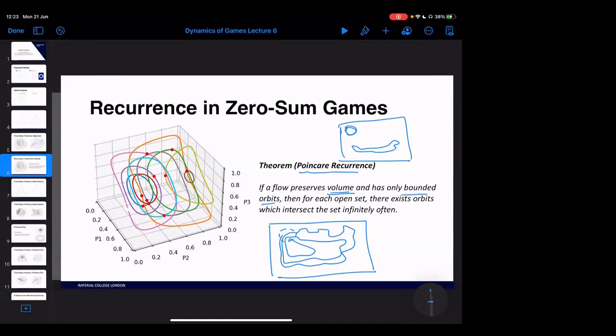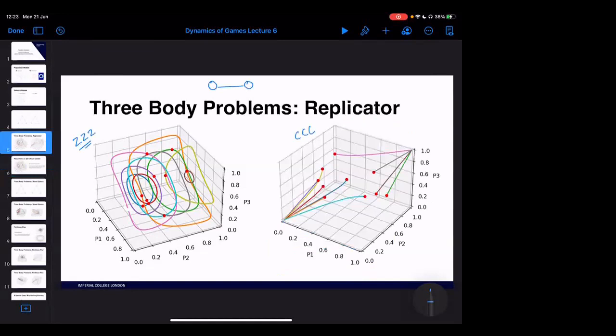You're not going to go down to an equilibrium at any point, right? Unless, of course, you start at the equilibrium to begin with. But other than that, you're always going to end up cycling around, which is what we've seen experimentally. And this is one of the ones that we can actually show analytically as well, right?